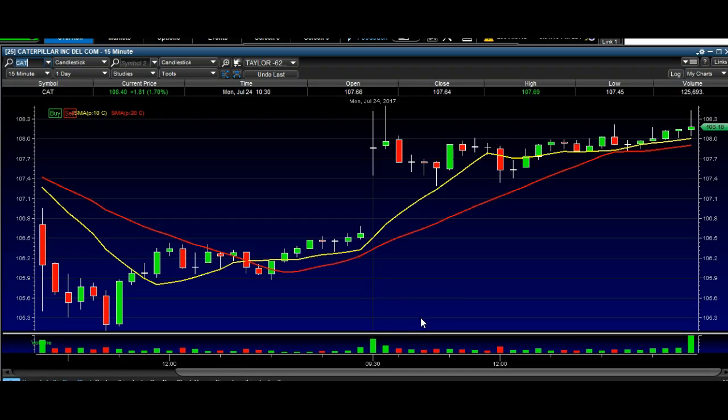This is Taylor and we're going to take a look at a trade that we just took here. We actually took two trades here, one on Friday right here and one today on Monday on Caterpillar. I'm going to go over both of those trades, and the idea here is for you to learn from this and hopefully implement some of these same types of trades into your trading and improve as